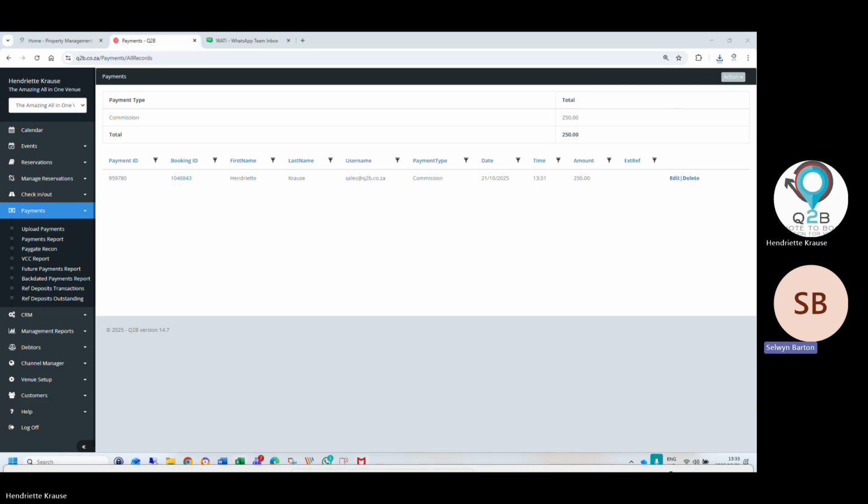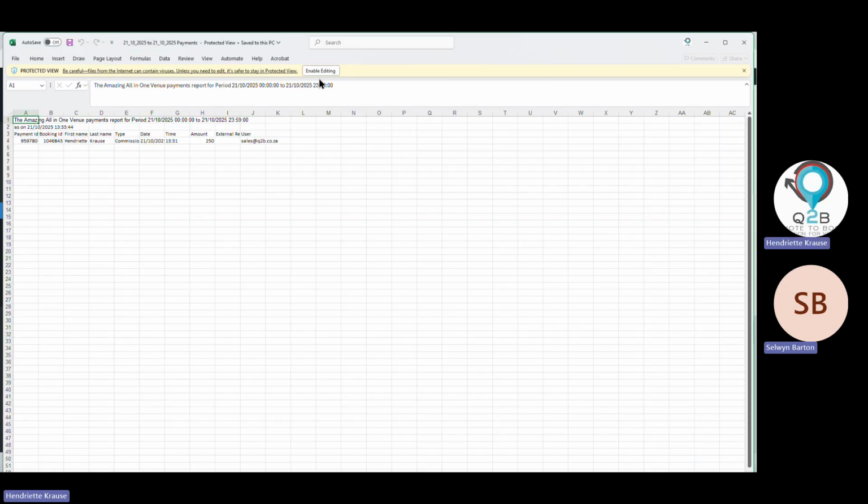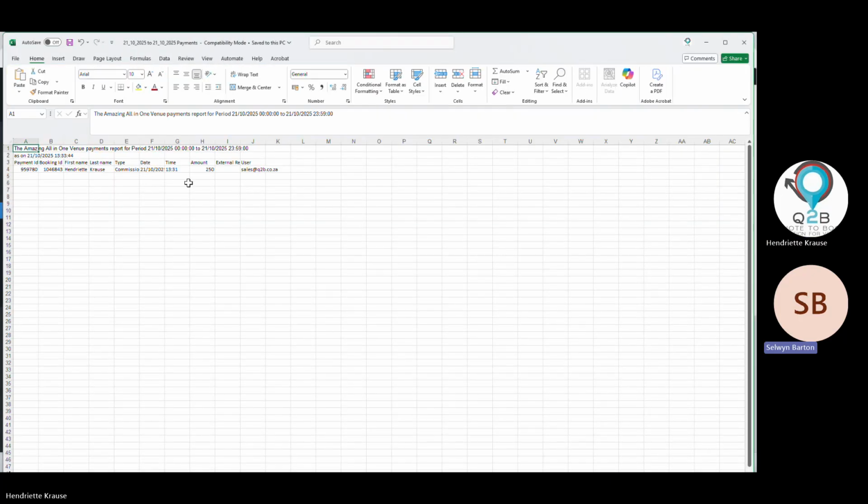So I'll have to manipulate it in the Excel sheet, because some of the payments will be EFT, where we don't have to hold back any amount. The owner will get the full amount, less the commission. And some will be via credit card, so we have to keep back, for example, the Booking.com commission and the credit card fee, and less those two, I pay out to the owners.